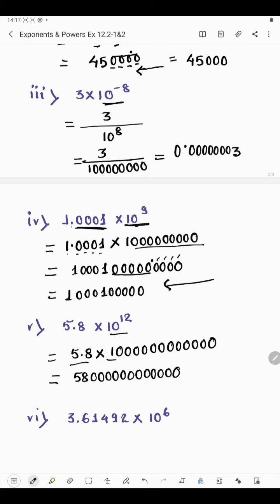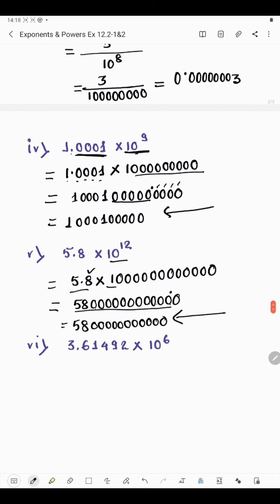Okay, now at last we will put the decimal. So decimal is after one digit, so this way we will have to keep one digit to the left of decimal. So here will be the decimal. So the number is this. So 58. Then we have 1, 2, 3, 4, 5, 6, 7, 8, 9, 10, 11.